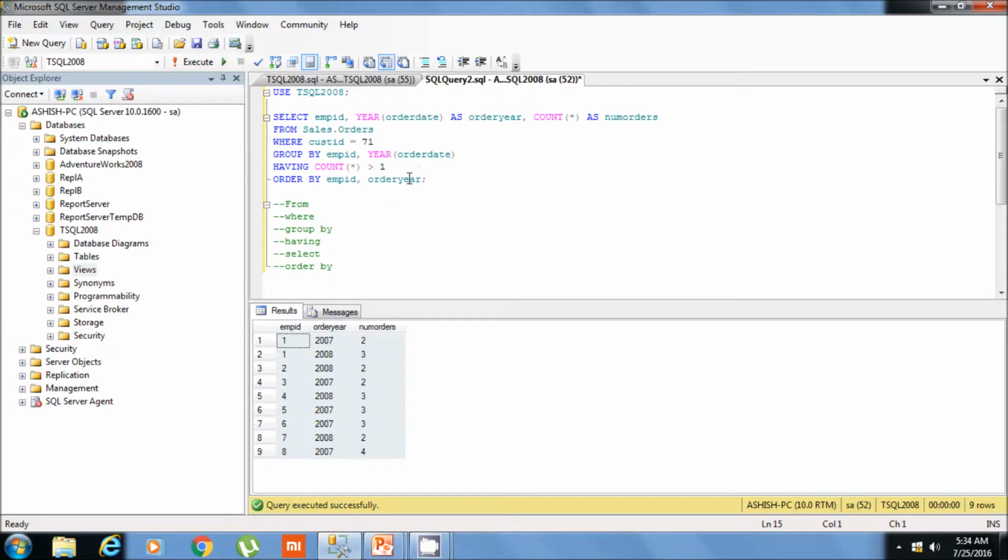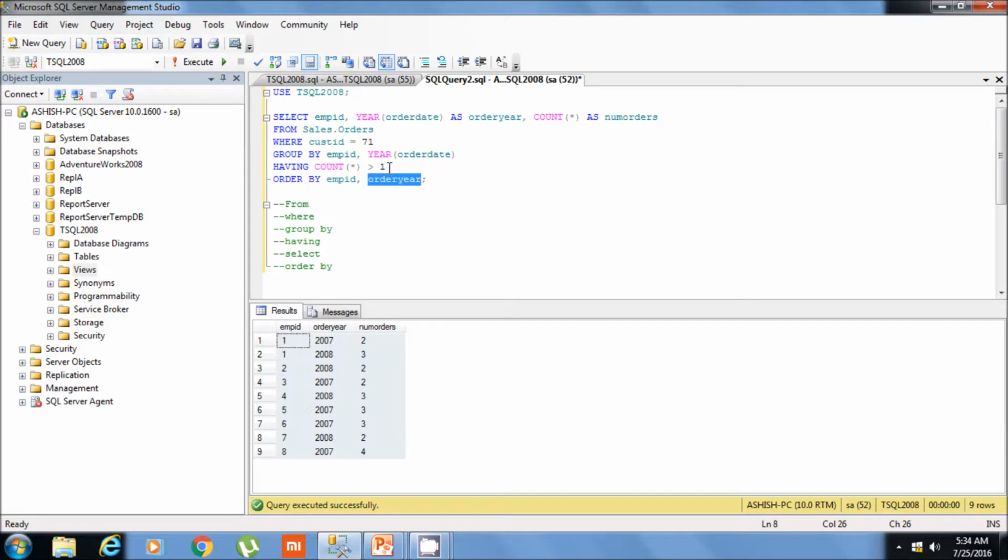One thing to note is that if we have any manipulation in any column, like for the order date column we are fetching only the year and we are manipulating this column value using the year function, we cannot use the order year value, which is the alias name of this column, in any of the elements except the order by clause.